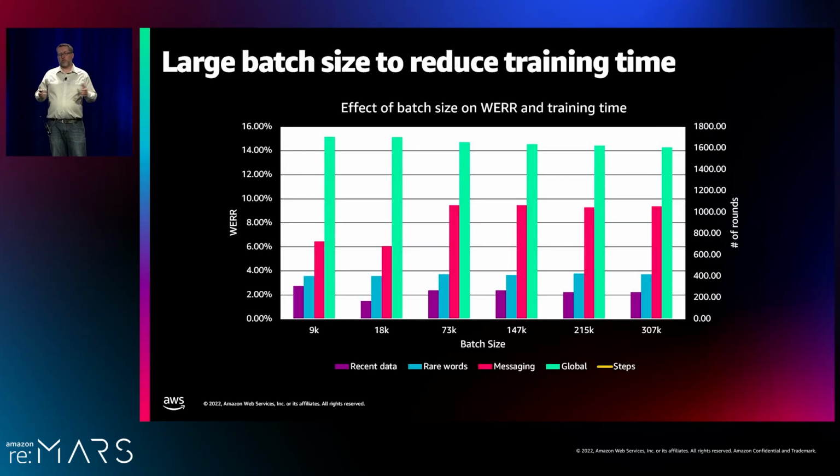So along the way, while we were building the system, we had some useful learnings that I wanted to share. The first one is that we found that large batch sizes are really successful in reducing the training time. So remember, a batch is, every round we don't just update on one single request. We batch up on each host for a period of time. And so that's what I mean by a batch. How many requests do we combine together on one model update, one round?